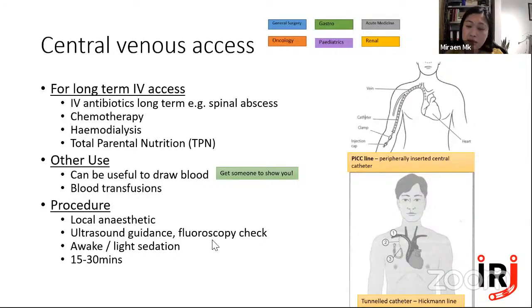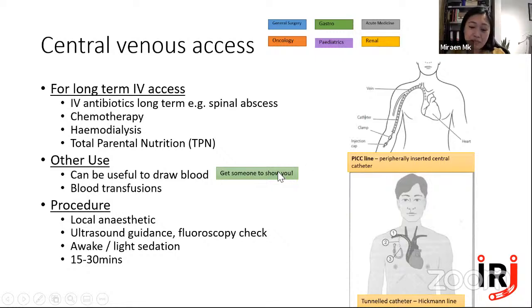So IV antibiotics, chemo, hemodialysis, or TPN for maybe someone who's post-surgery or has any other bowel pathology. Top tip, most central lines you can access to draw blood if you're struggling with venipuncture for whatever reason. Get someone to show you early on, and it'll be a skill that will tide you through the next couple